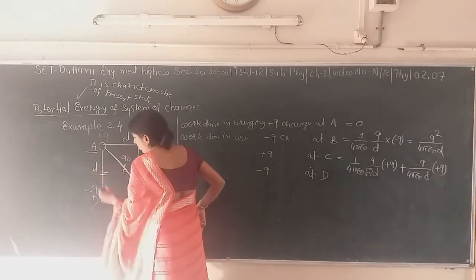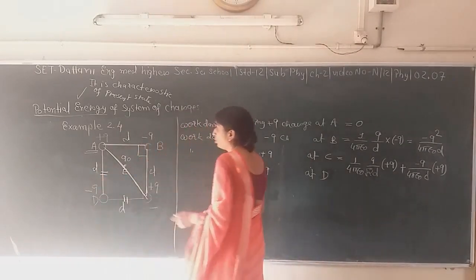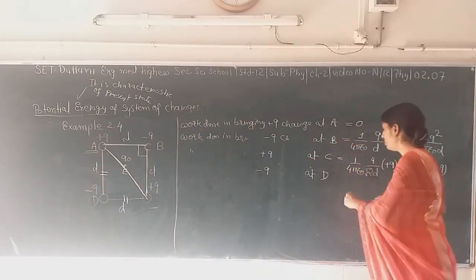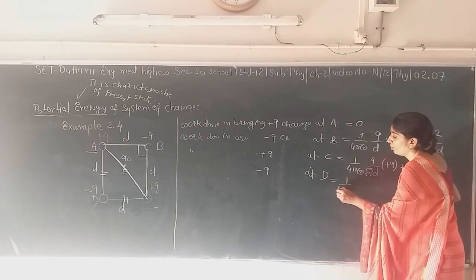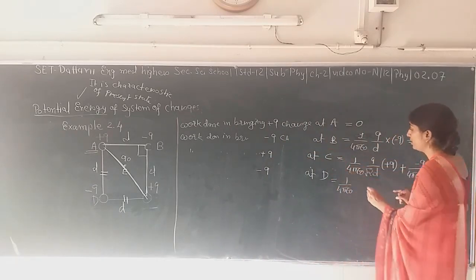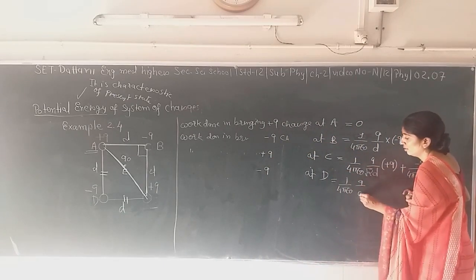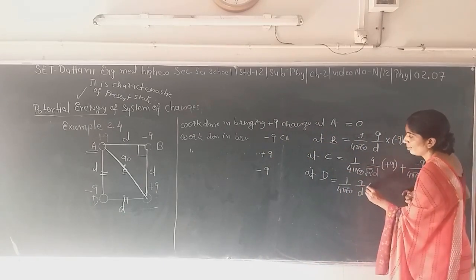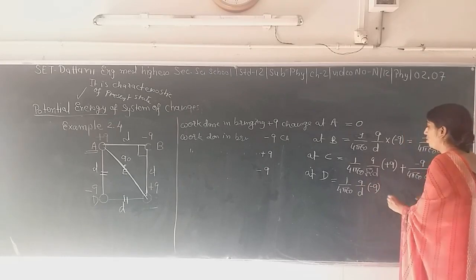For these two, the distance is going to be d. So I will write that right now. 1 upon 4 pi epsilon naught, a charge plus Q upon d. That should be multiplied by minus Q plus